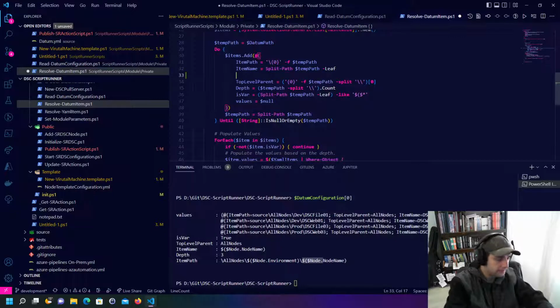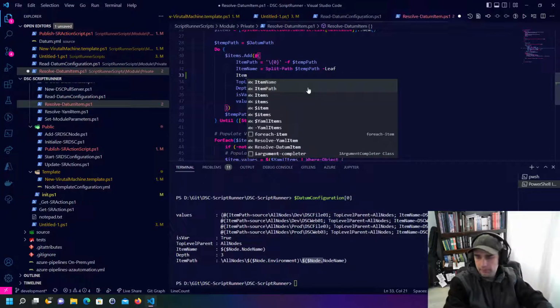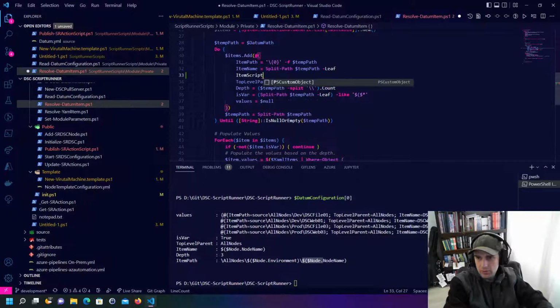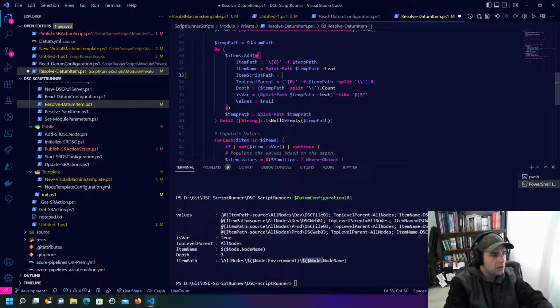We'll call it item script path. And then what we can do here is go through the same kind of process where you split the path,